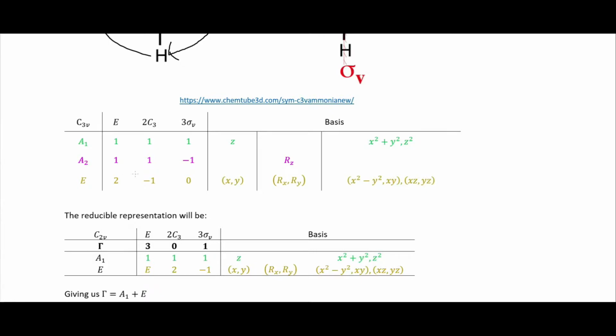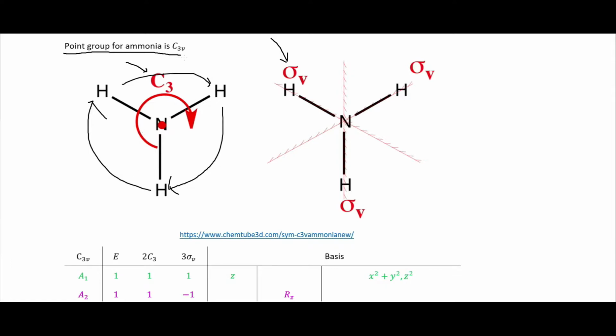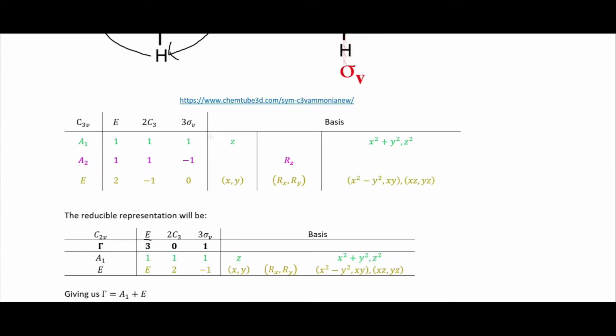So if we put a coordinate on each of the hydrogen atoms, obviously if you do the identity, they all stay in the same place, and so the matrix for that is just going to be the identity matrix, and the character of that will just be the trace of it, which is just ones down the diagonal. If we do a C3, we can see that all three of the hydrogens change place,